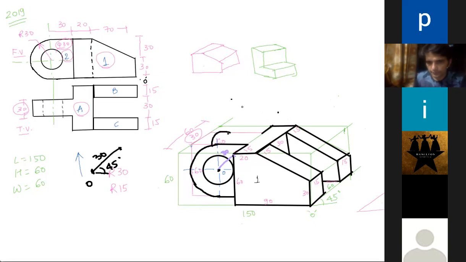Then you join this, and you draw a tangent with this set square. Got it? So whatever is the inner part you can erase. Sorry, I'm not able to erase it. Got it? This is how it will come. All of you got this?